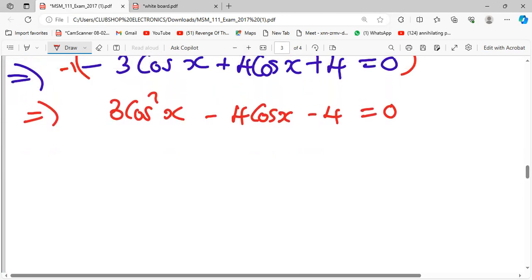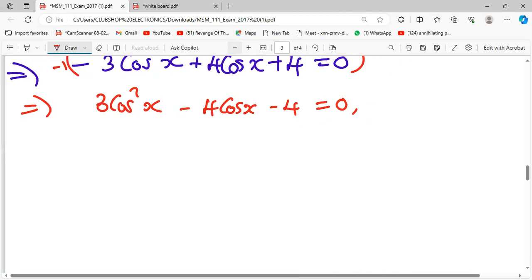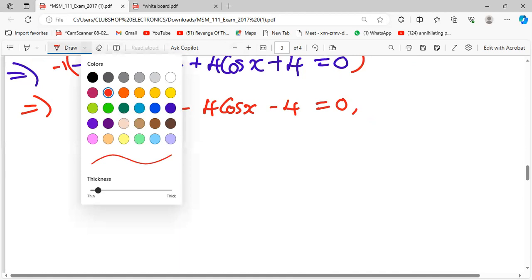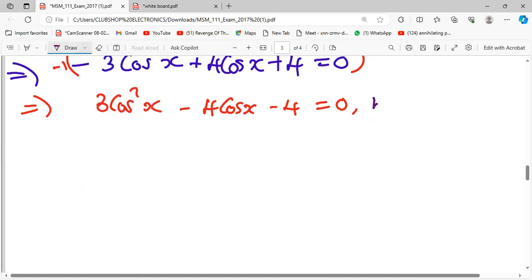We must solve. So we can say, hence shown, right? That it can be expressed in that manner. Then the next, now we solve the equation